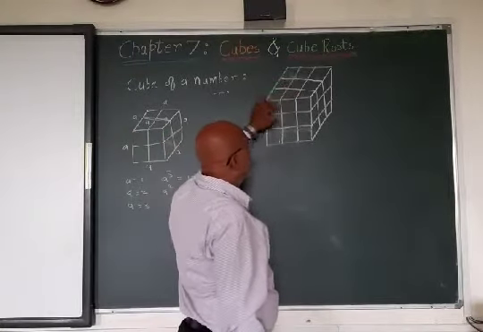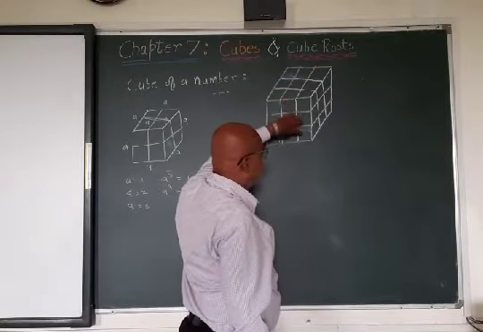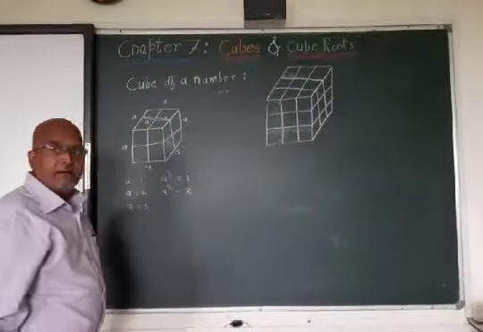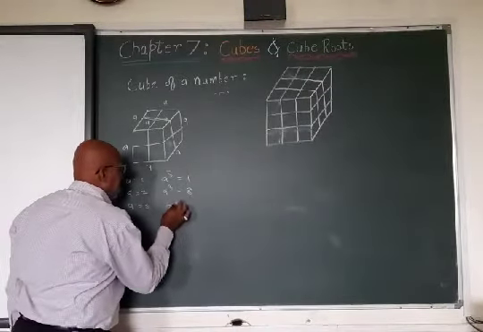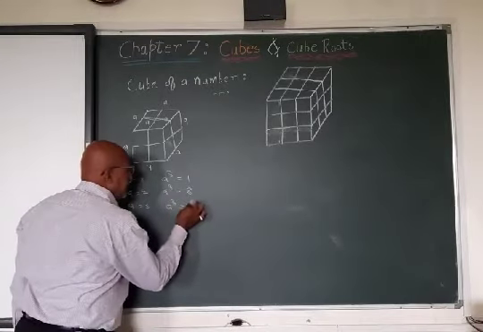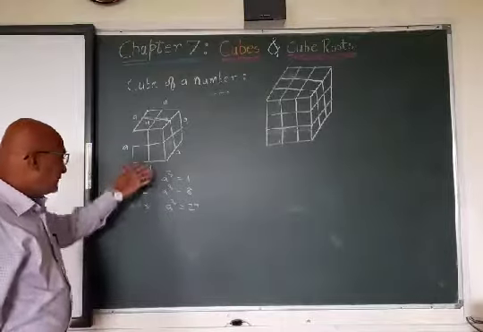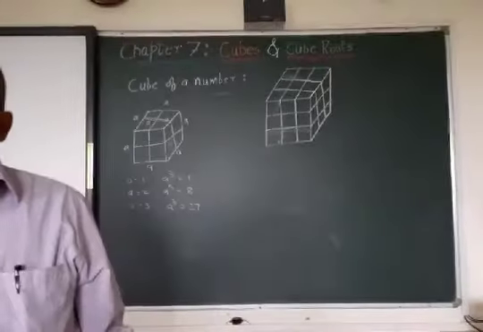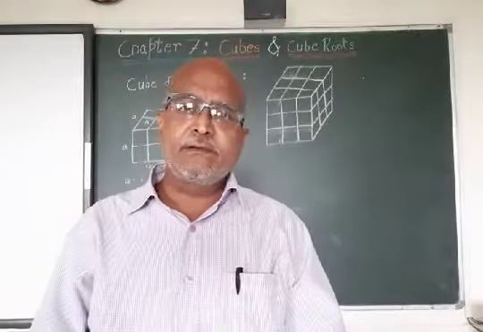If you count 9 at the top, a second 9 layer, a third 9 layer, so 9 threes are 27. So obviously here a cube will be 27. So this way we can find out, or in the mensuration also we will come across this when we